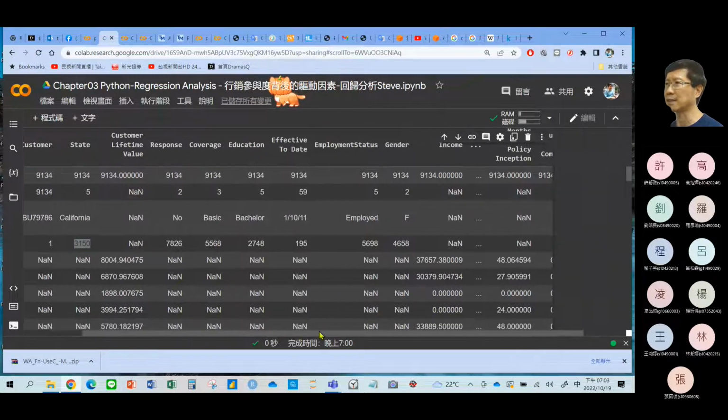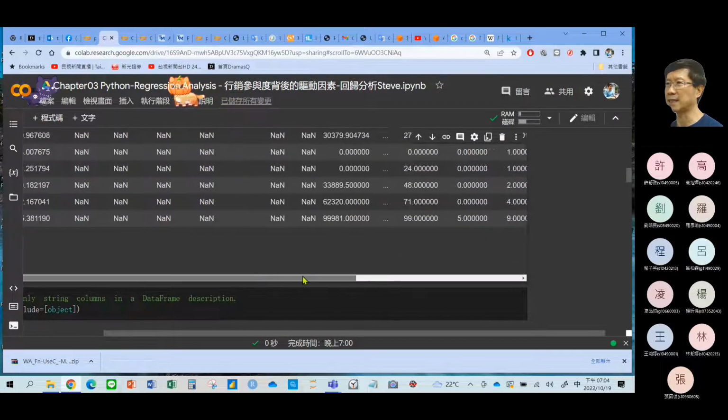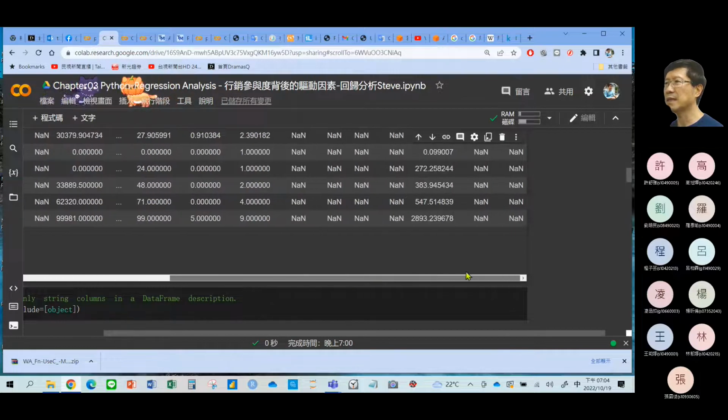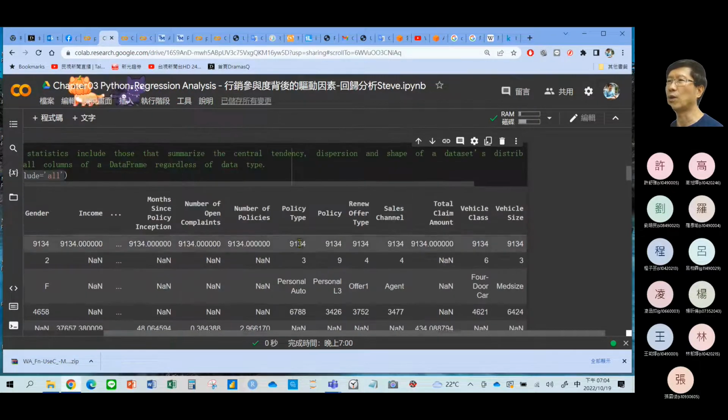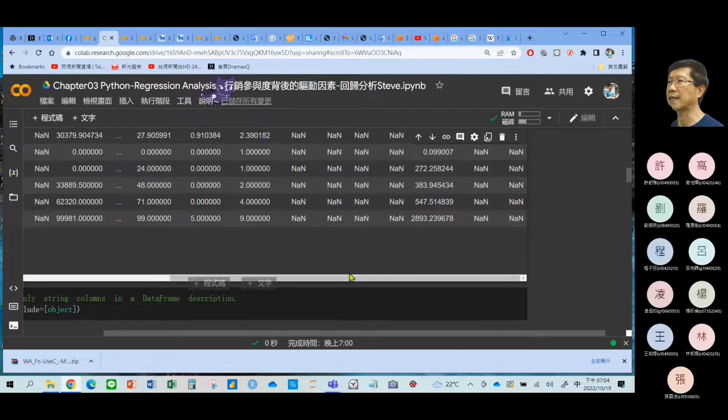Okay, so I leave you maybe 3 minutes or 5 minutes. Please take a look at it. Okay, so you have to see what the data is for all the variables. 好，你们先看一下，好不好？好。